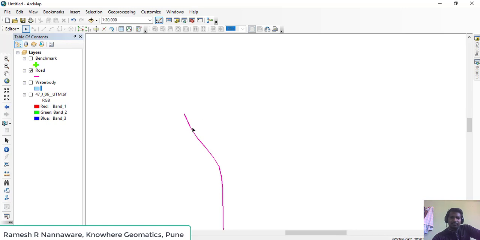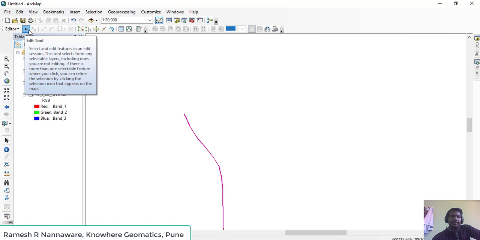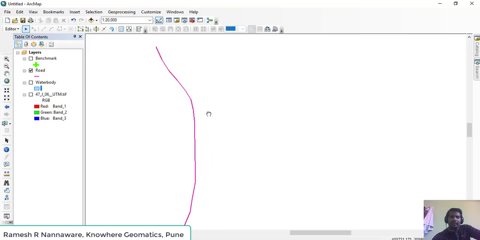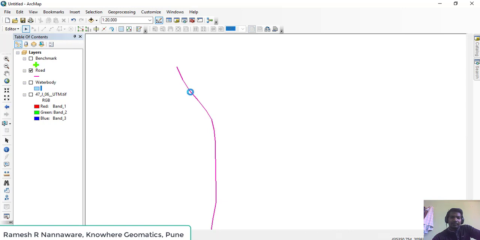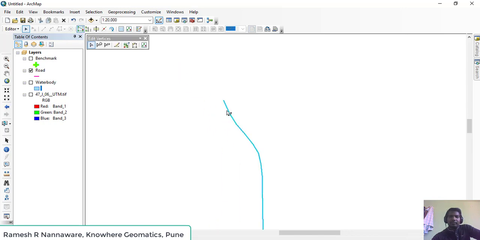So let us see. Now if we take this edit tool and double click on this particular line, in this way we can visualize the vertices. So these points are called vertices.